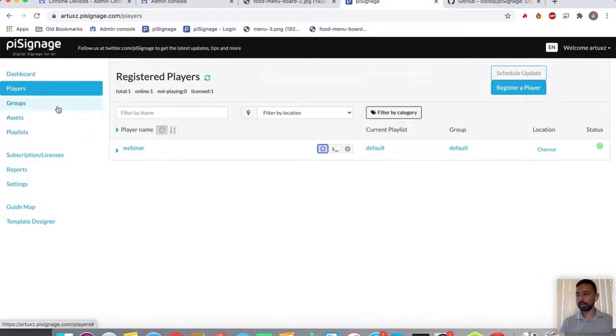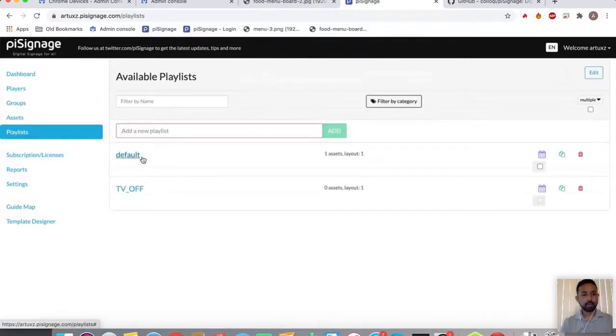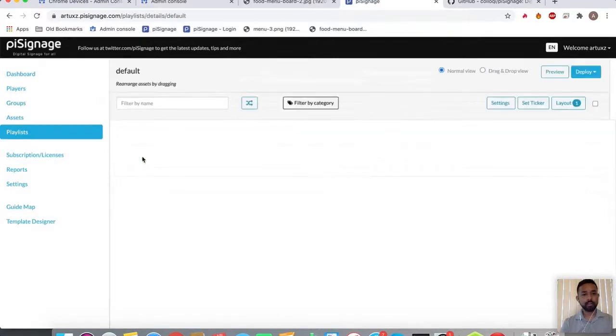While it's updating, I'm going to explain something. Assets are the contents that we are uploading to the device. Currently I'm displaying something like MP4 to display the contents. And the player section is where we push the contents to the Pi device.